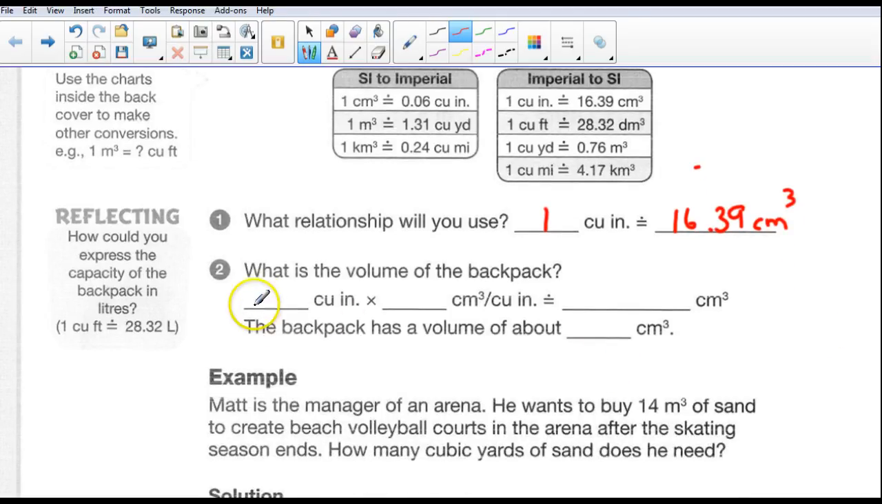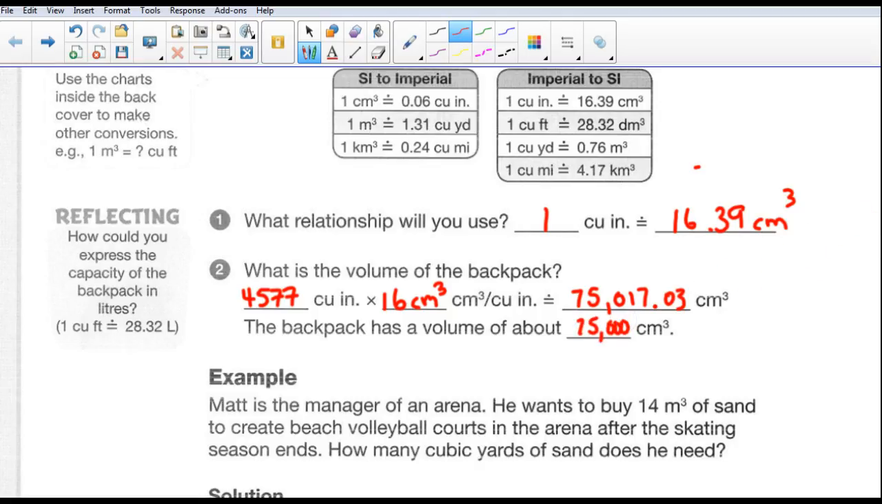So what is the volume of the backpack? Well, we know there's 4,577 cubic inches in the backpack. Now you might think that's a lot, but it's not really. We're going to multiply that by the conversion ratio of 16.39 cubic centimeters per 1 cubic inch. That's what this means here. Is equal to, and we get an answer of, take your calculator out, we get 75,017.03 centimeters cubed. So the backpack has a volume of about, we'll probably just round it off to 75,000 centimeters